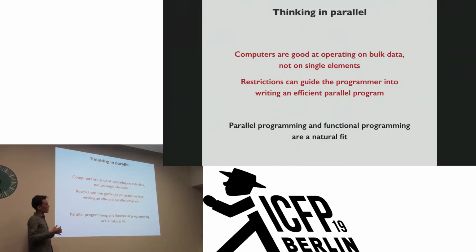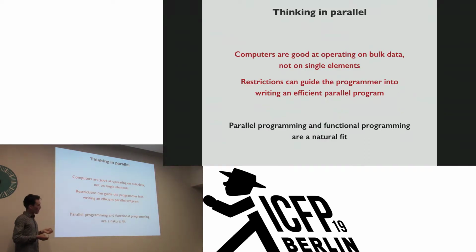And so here is some advantage that functional programming gives us. We're used to these kinds of combinators that express how to operate on our structures in bulk rather than element-wise. And we can also design our language so that we can add restrictions that help guide the programmer into writing an efficient parallel program. If I only provide language features that I know how to compile efficiently, then the programmer is guided, forced, into writing an efficient parallel program. This is kind of a double-edged sword as well. It's more restrictive in what the programmer can do, but if they can express it, the result will be efficient and execute in parallel on the